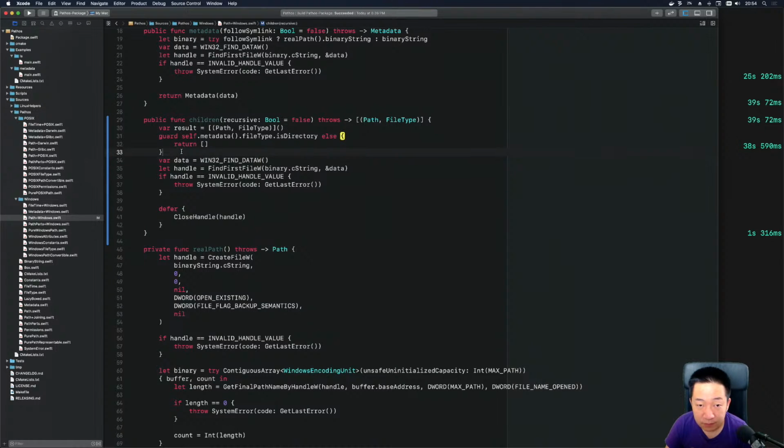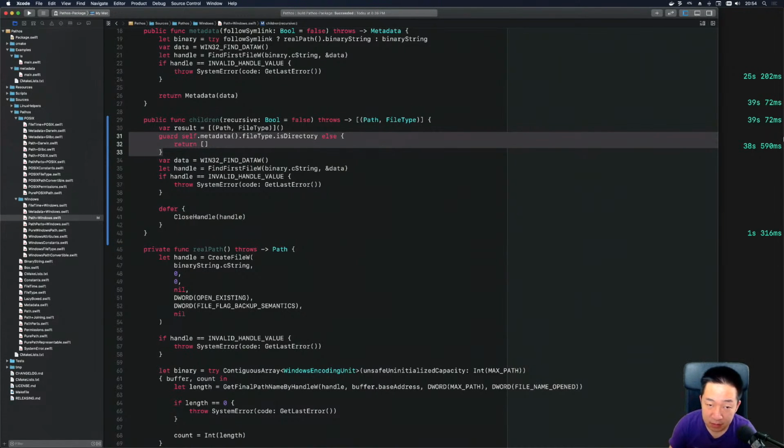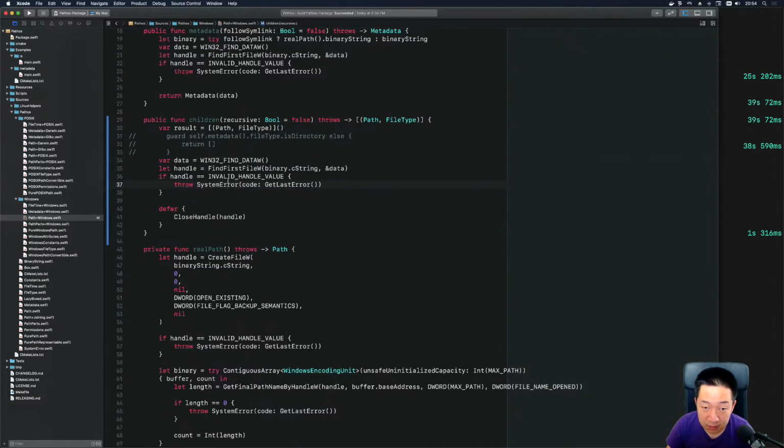Easy. I wonder if this is still necessary. Let's skip this for now, like so. And then we'll do